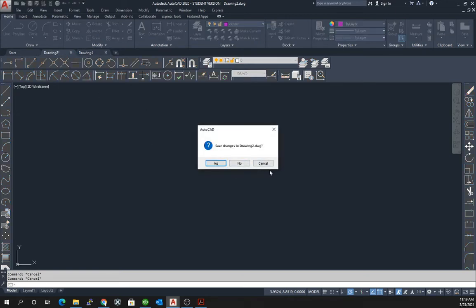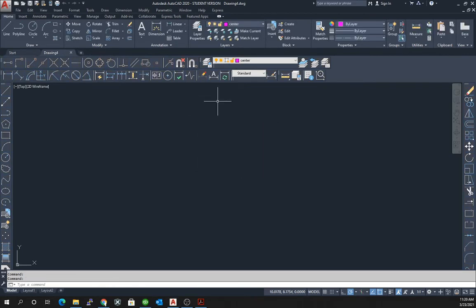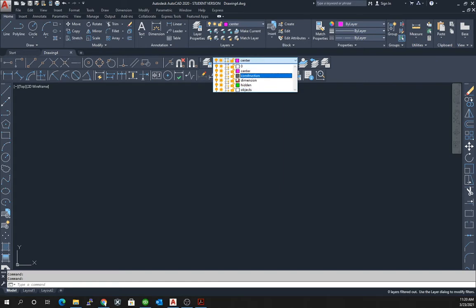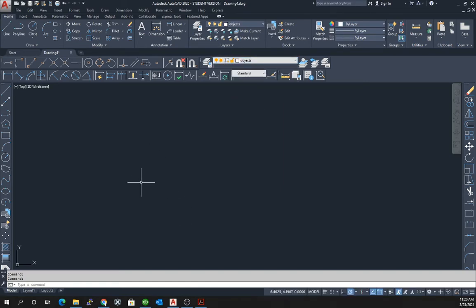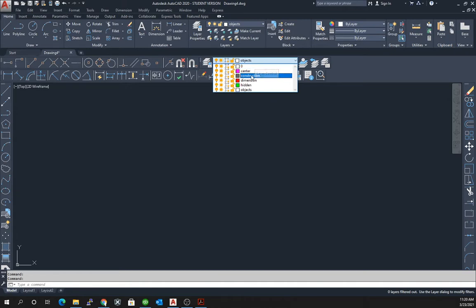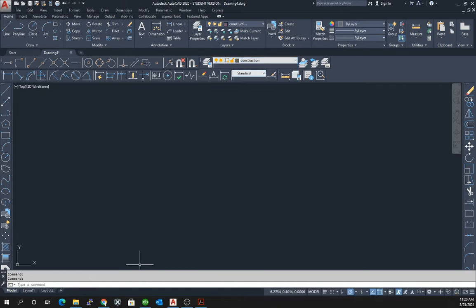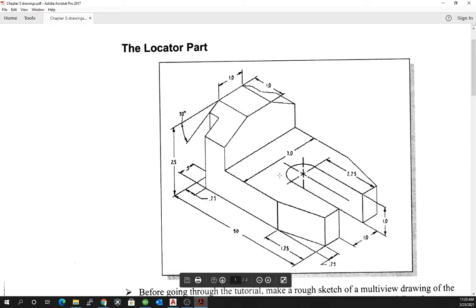I'm going to close this drawing too, because we don't need that. You can see we have all our layers set up here. I'm going to choose my Objects Layer Start. So now we can go ahead and get started. So actually, I chose my objects layer, but I'm going to start off in my construction layer. I'm going to come back and take a look at my file,